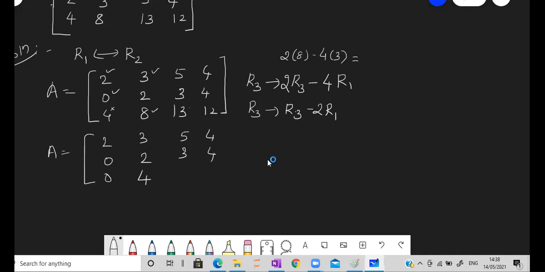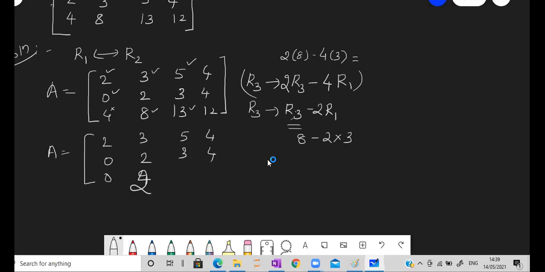Next, for 13, which is the corresponding R1 element? Sorry, I applied this. This is the simplified part. If you apply for this also, it is the same. 8 minus 2 3s are 6, you will get 2. Just concentrate over here. My R3 element is 8 minus 2 into 3, which is 8 minus 6, which is 2. This is 2.